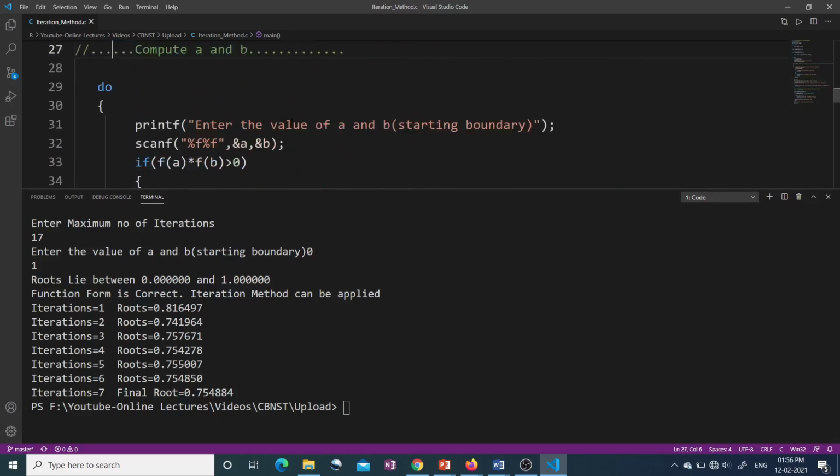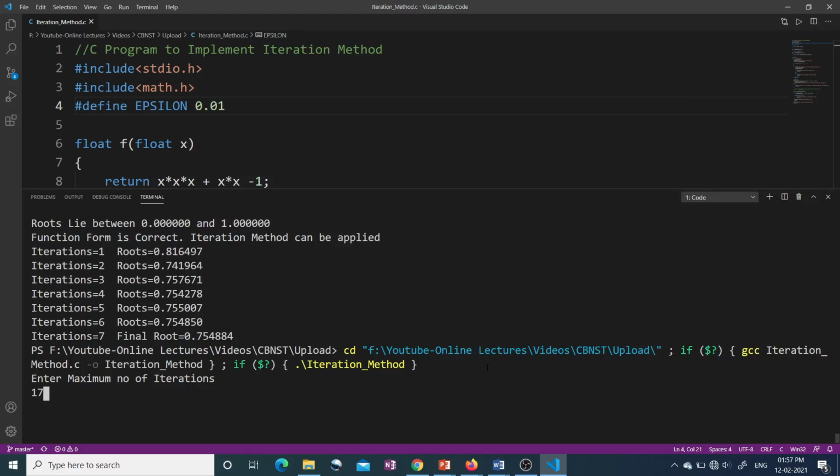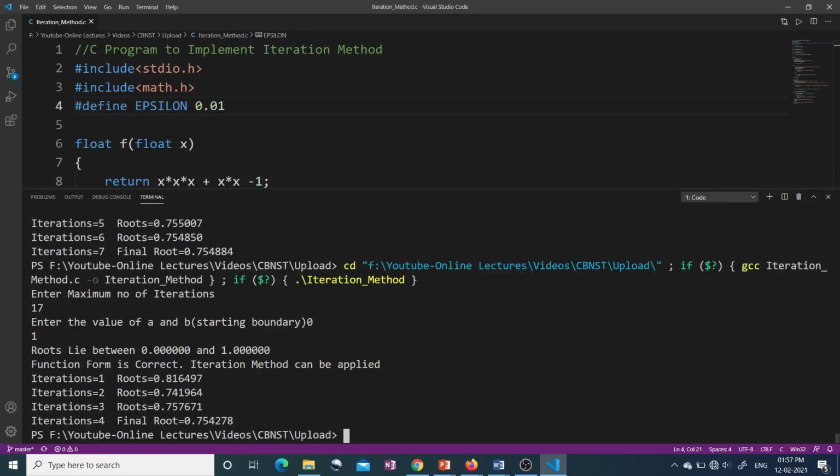If we take some other value of the epsilon, that is the threshold value, let's say we want to match till 2 places only. In that case, what will be the value of our root? You can see in the 4th iteration only, our 2-digit matching criteria will be fulfilled, because in the 3rd iteration it is 0.75 and in the 4th it is 0.75. So let's run this program and see. Let's say we enter again 17 as the maximum number of iterations, and we enter 0 and 1 as the initial values of A and B. See, in the 4th iteration, we are getting the final root because our 2 digits are matching here only,